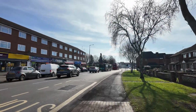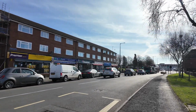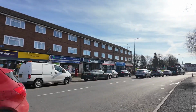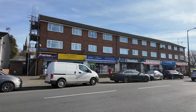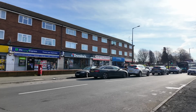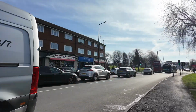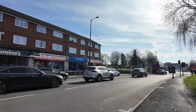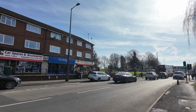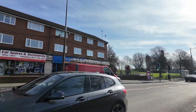Now we have a few shops here to my left, and looking at these shops over here on my left, something looks missing. I'm just wondering where you'd go to get a haircut along here. Probably you'd have to head up into town, but we've got a couple of convenience stores here, the Premier Inn and the Lifestyle, and we've got a takeaway of Domino's, car spares, sandwich house, and a hardware store. Now I'll tell you what, that hardware store there has been there years. It's been there since I can remember, back in the 80s. I'm sure it was called Tudor Hardware even then. So that's one of the great survivors of this little row of